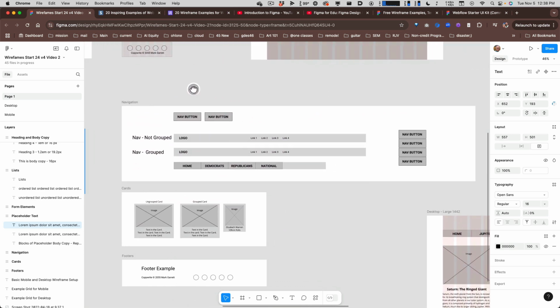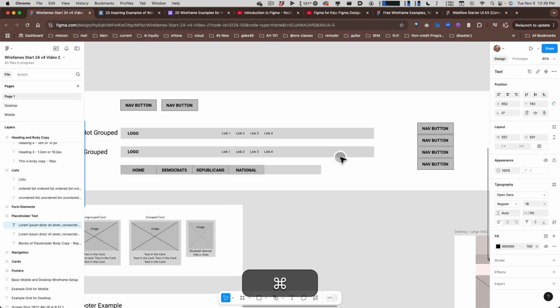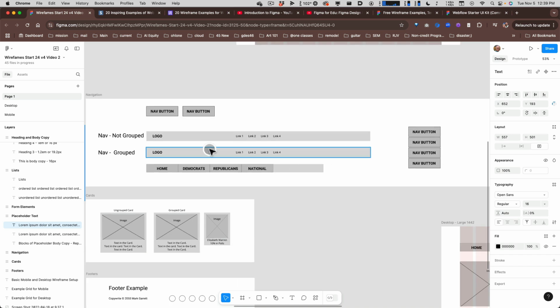Moving along, we got some navigation bars. I got some navigation buttons there. I've got a navigation bar that's grouped and not grouped, so I should talk about what that is. And then there's some buttons here which look like the ones from over there. And then a little vertical nav bar. Again, if I roll over something and it's purple, that means it's based on a component. There's the component, and here's the nav bar based on that. And then here is a